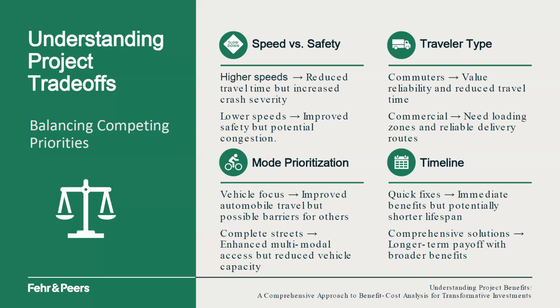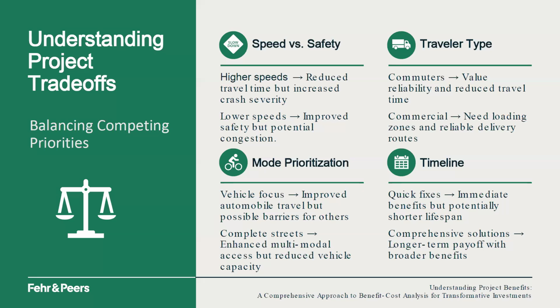Speed versus safety. The higher speeds, it does reduce travel time and it increases velocity, but it does reduce safety, right? So the higher the speeds, the more collisions there might be, but they might also be more severe, right? So this is a trade-off that we need to keep in mind. That there's different types of travelers, right? The commuters have a different value of time compared to the commercial vehicles, but also the people cutting through a community have a different value than people who live in that community, right? So there's different values and also economic values that they have.